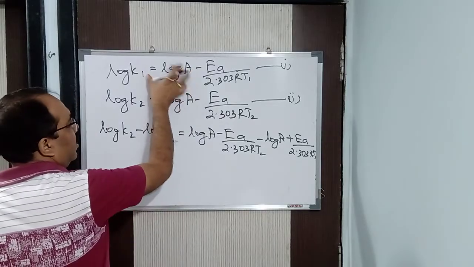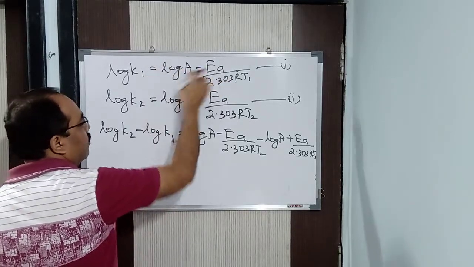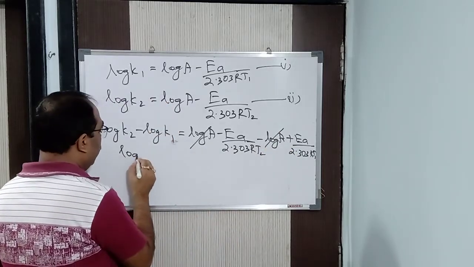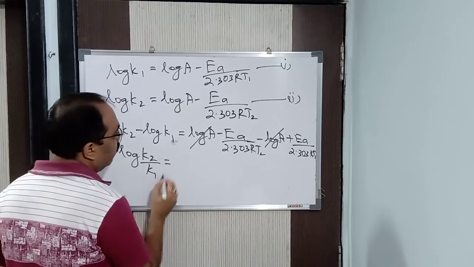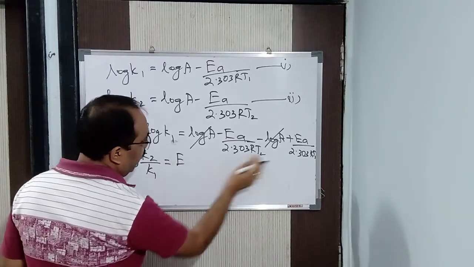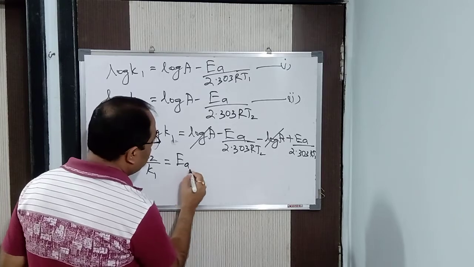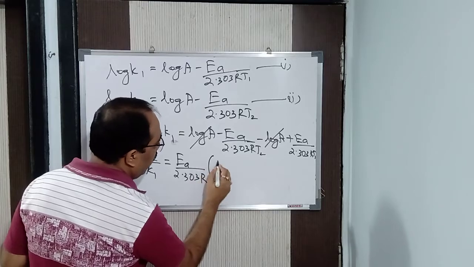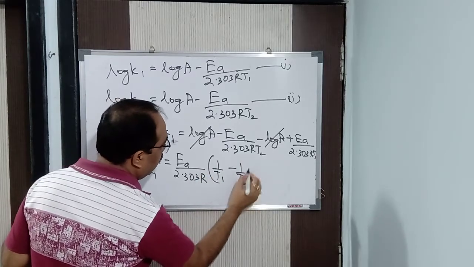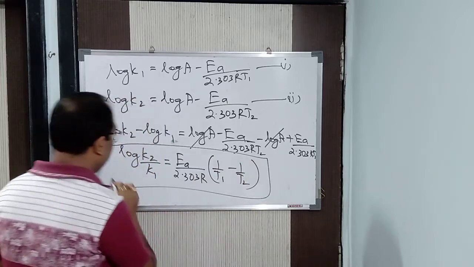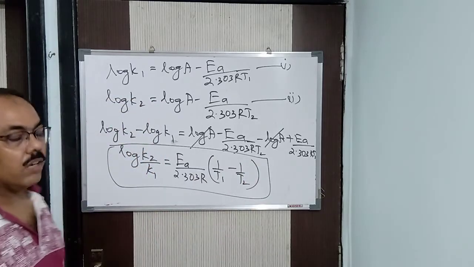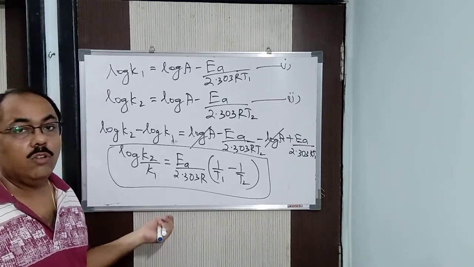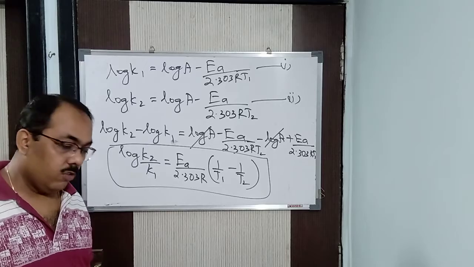This minus this one you will do, you will put a bracket, so minus log A, minus of minus becomes plus, I have written plus. So this and this get cancelled. Log A minus log B is log A by B, so log K2 by K1 is equal to, I will take the positive first, generally that is being done. So Ea by 2.303 R goes common, because this is common, into 1 by T1 minus 1 by T2. This is the formula we get. When two rate constants and two temperatures are given, you will use this particular formula of the Arrhenius equation and calculate whichever is unknown to you.